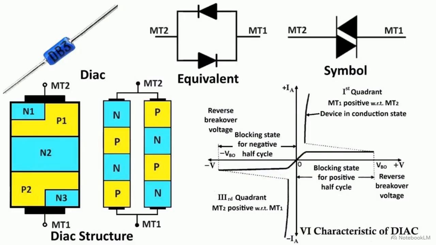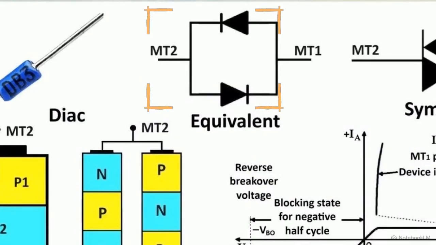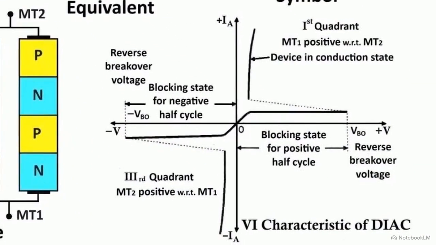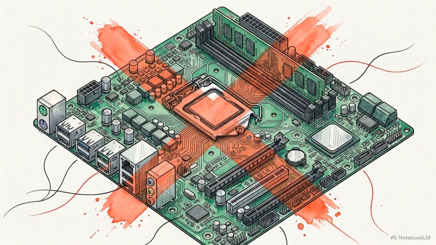For alternating current applications, engineers use specialized components like diacs and triacs. As shown in this equivalent diagram, they function essentially like 2 diodes connected in opposite directions, creating a perfectly symmetrical structure that can trigger and control power in both positive and negative polarities. These semi-controlled devices are rugged enough to handle heavy industrial motors and power lines. However, because they lack the ability to be actively turned off at high speeds, they are unsuitable for precise, high-frequency